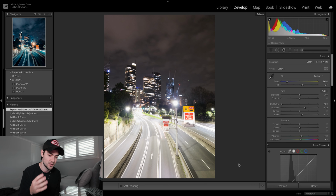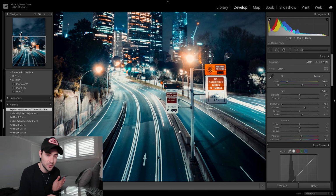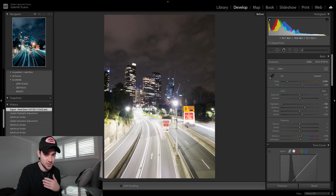It's just the highlights are a little bit blown out, but luckily because I can shoot RAW on this, I was able to bring it back by applying one of my presets and just bringing down those highlights and giving the image an overall more rounded sort of clean look. With a shutter of 2 seconds though, we weren't really able to capture those nice long light trails that we were looking to get. And yeah, I did think that this shot was a little bit overexposed just on first